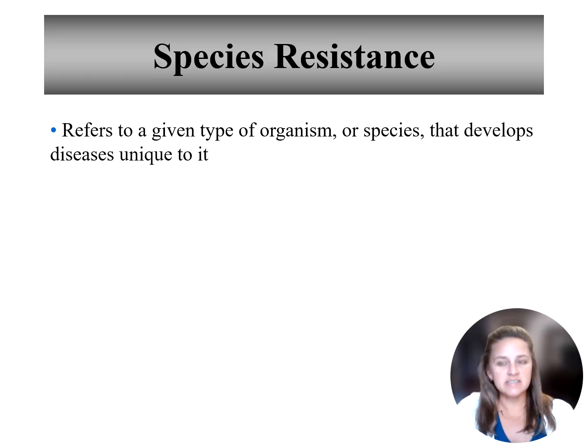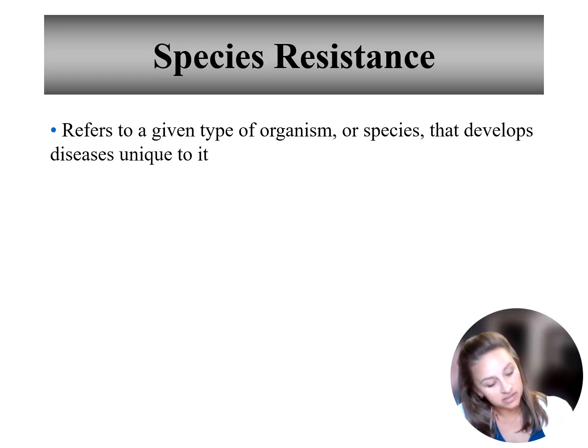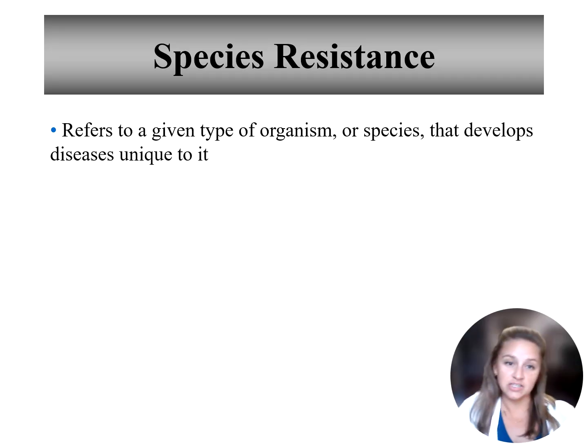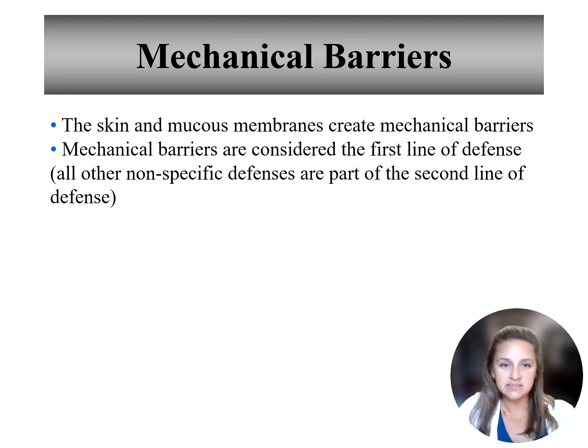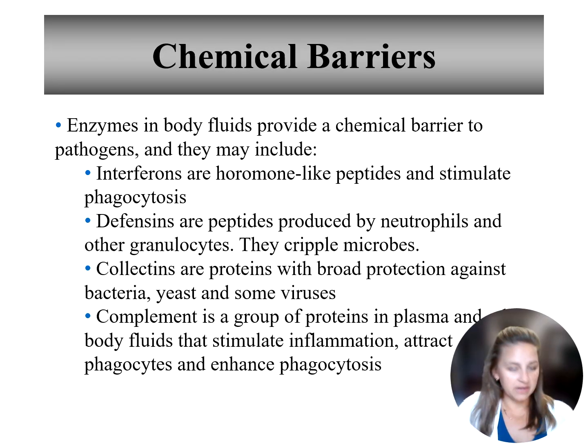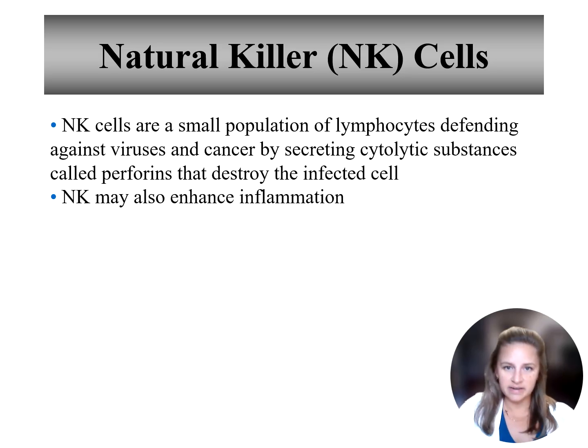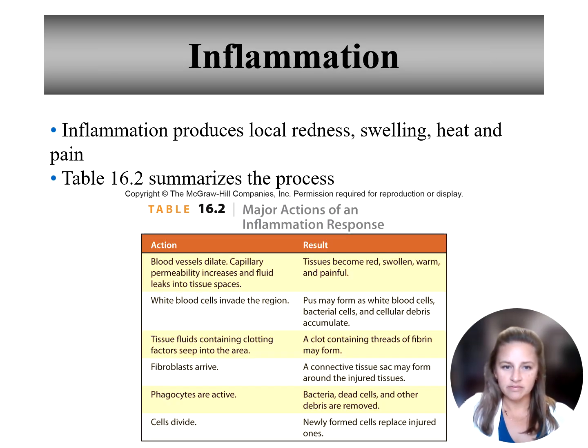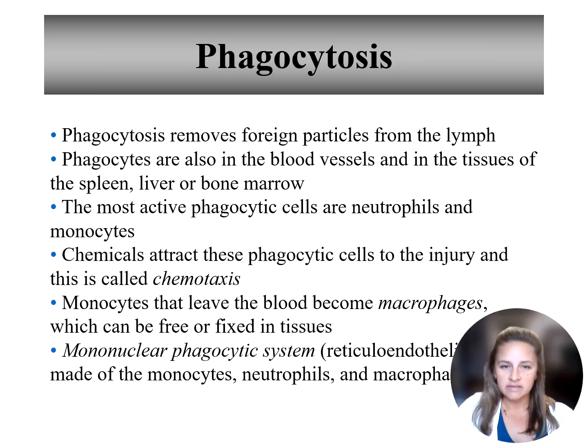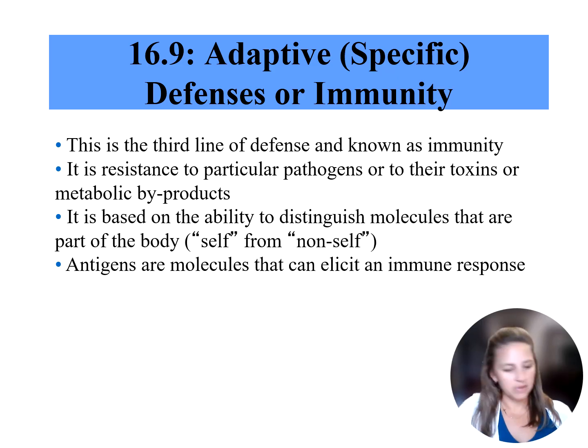So these next few slides are going to just go through what was in that chart. So species resistance, mechanical barriers, we've covered all of these already. Inflammation, phagocytosis, fever. Okay,